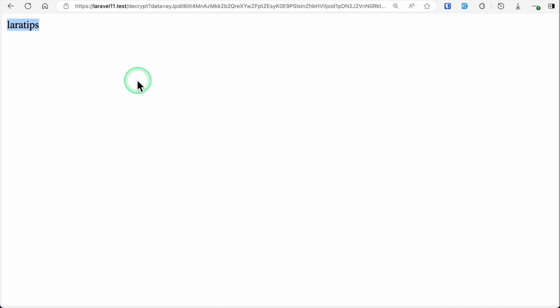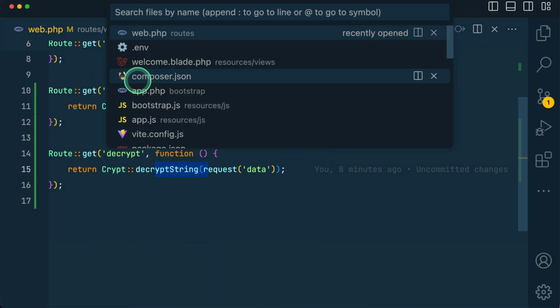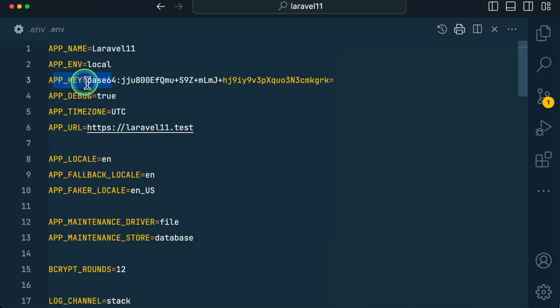For the encryption and decryption of these values, Laravel uses an environment variable key. So if you see here in .env, Laravel uses this key to encrypt and decrypt. But let's say due to some security reasons, you might want to change this key. If you remember, a while ago there was some security issue in Laravel, so the Laravel team suggested everyone to change